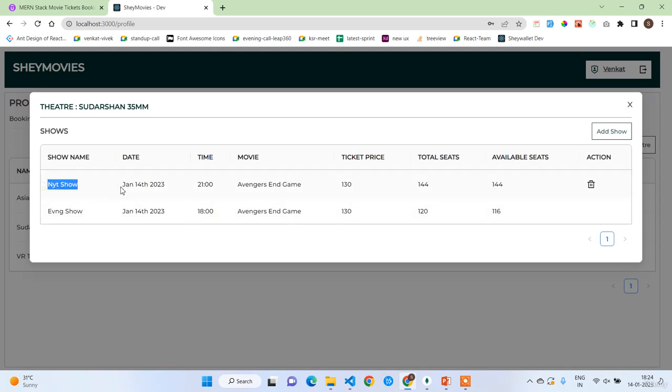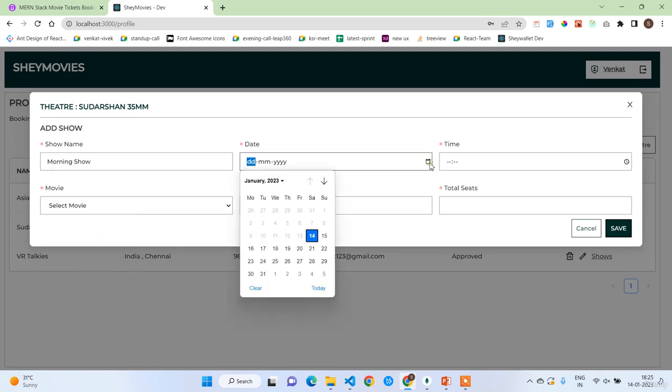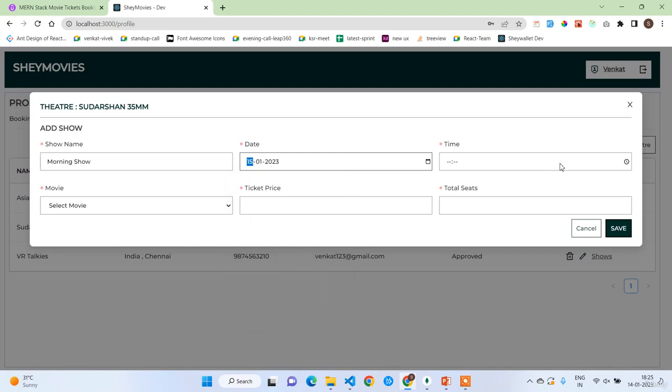Now the night show, let's work on this. January 14th at 9 p.m., I am running the Avengers Endgame in which theater? Sudarshan 35mm. This is about the shows concept. Suppose I want to add any new movie to my theater, I just need to click on this add show. Here I have to enter the show name. I am writing morning show. Date: I am going to run it on the 15th. Time, I am going to make it